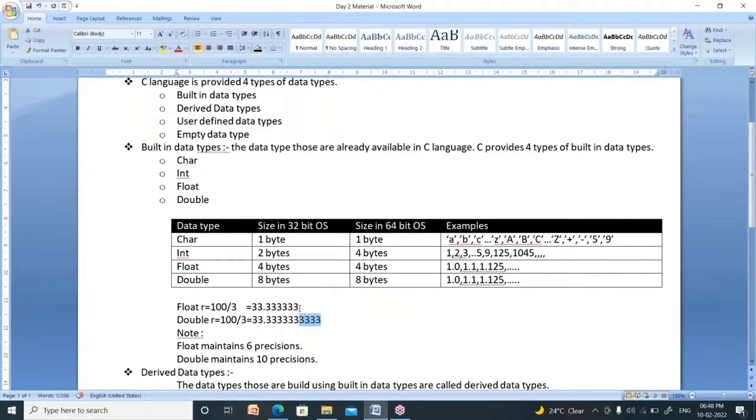Only the number of precisions is the difference between float and double. Size is also different. Size of float is 4 bytes, whereas size of double is 8 bytes. The number of precisions of float is 6, and of double is 10. Those two are the differences.